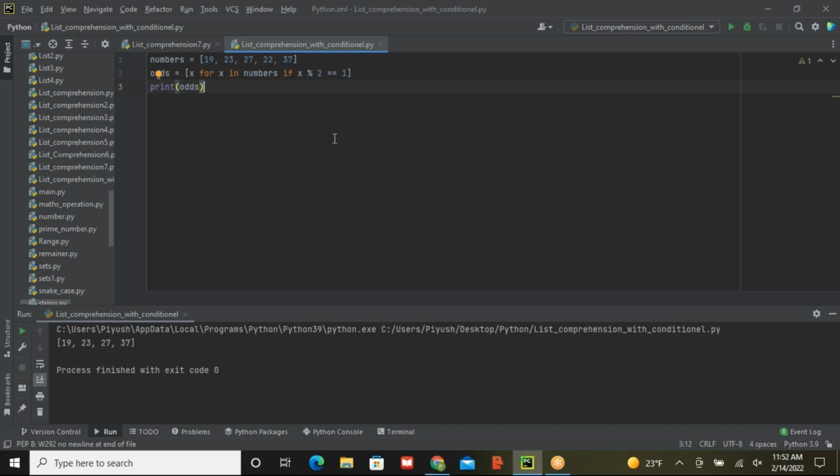We're going to go 23 divided by 2. Is it 1? Yes, it's 1. We're going to go to 27, same. Then 22 is not 1, it's 0. So that is why we got,